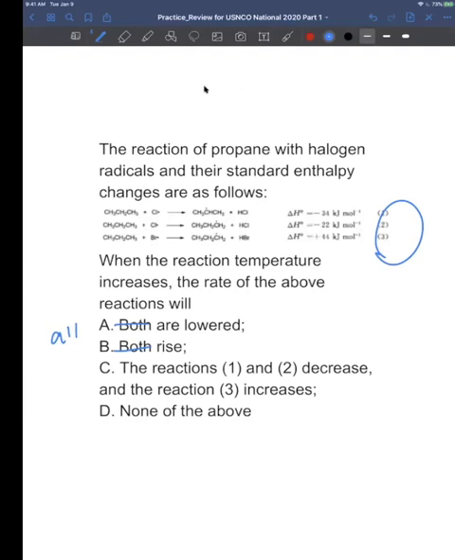So the correct answer is B, because of the Arrhenius equation, right? Higher temperature, faster reaction rate. So the rate is not related to whether the reaction is exothermic or endothermic, right? This is a little bit confusing, right? Make sense? Only the equilibrium constant is temperature dependent. The reaction rate constant is also temperature dependent, but is positively related, because according to the Arrhenius equation,